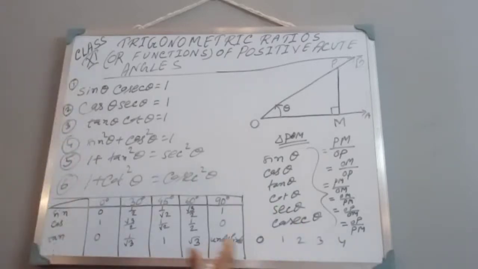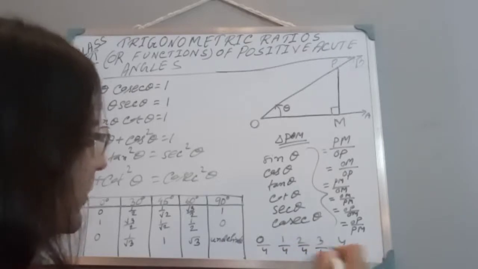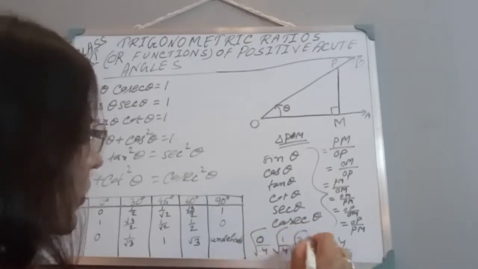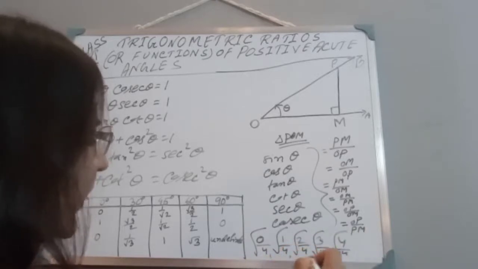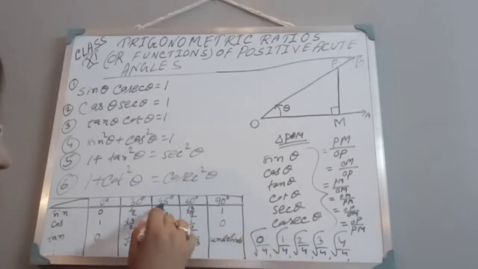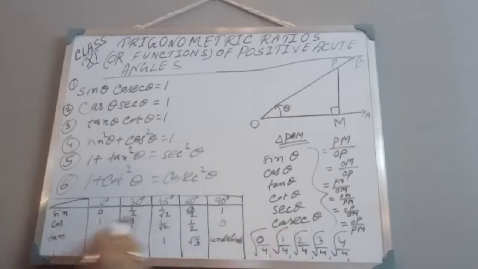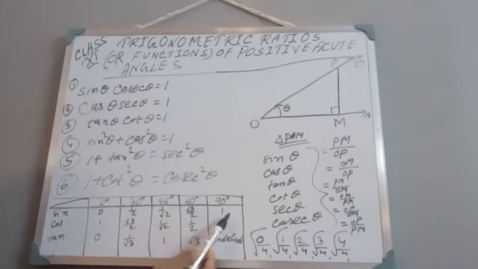Then divide all the values by 4. Then take the square root. Then what will we get? 0 by something is equal to 0, so it becomes 0. Now 1 by 4 square root means half, so it is half. 2 by 4 is 1 by 2, square root gives 1 by root 2. Now this is root 3 by 2. 4 by 4 is 1, so sin 90 degree is 1. Like this only we can find the values of sine and cos. Just reverse these values.